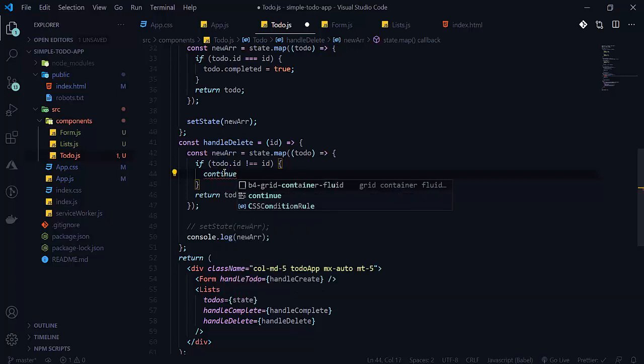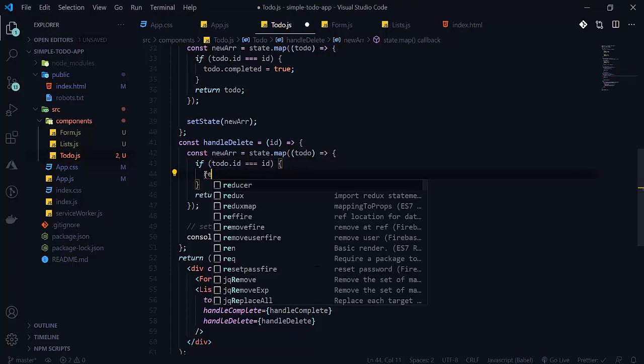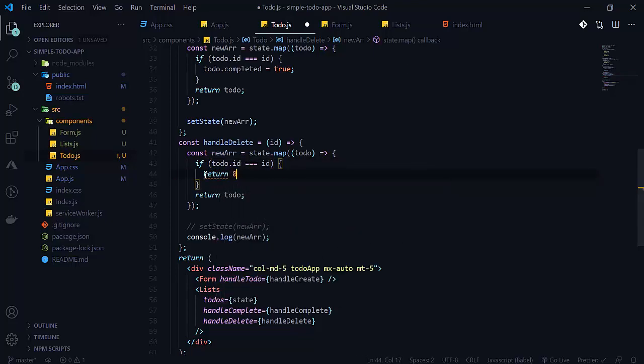So return 0, return false. So we will return false here. So let's see. When I write here, we are getting 2 and we are getting return false here.